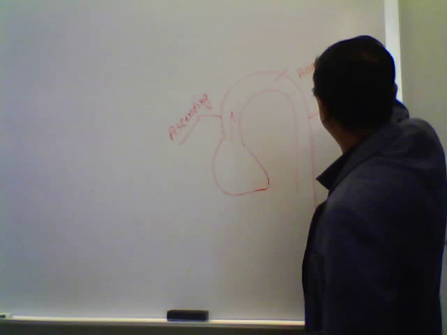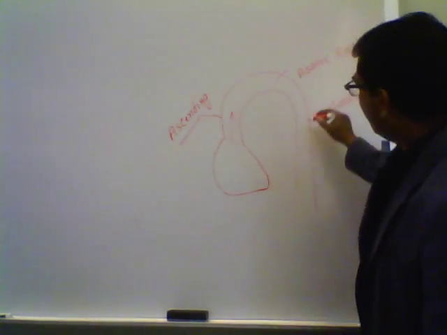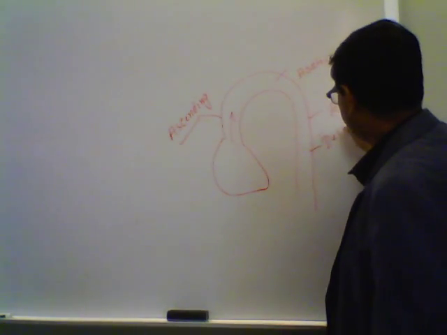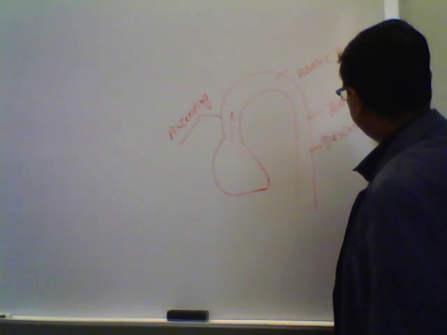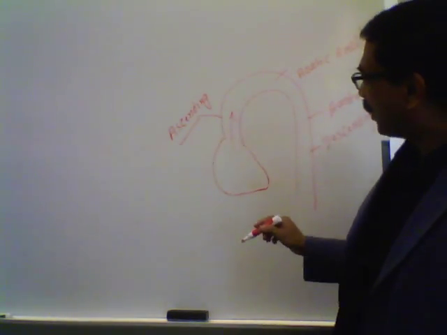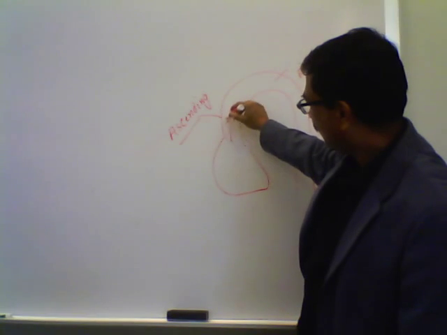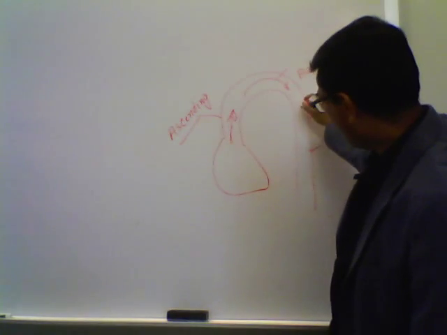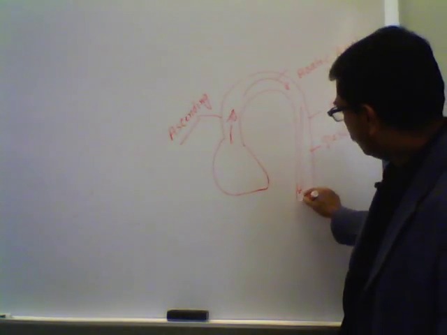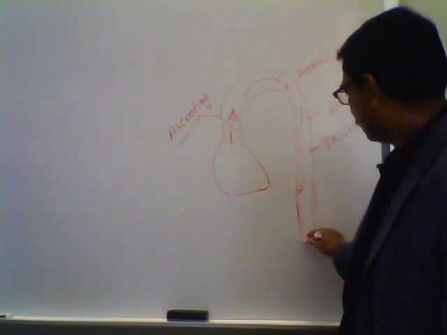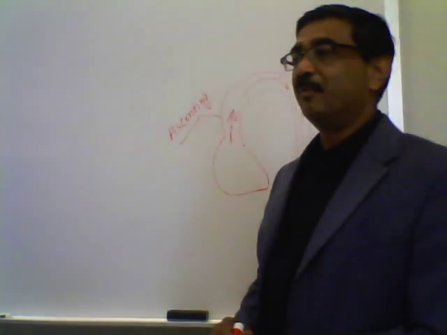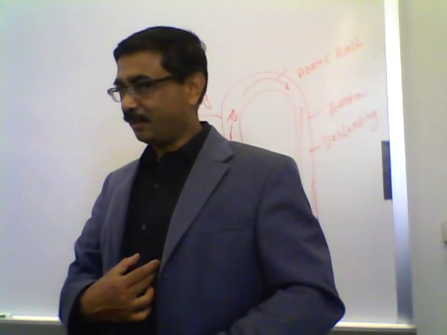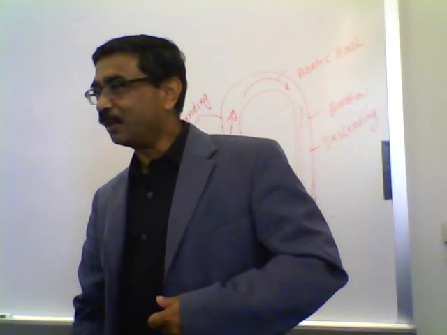It's like St. Louis arch, right? Then going downwards. So that is the descending. Okay. So those are three parts of aorta. What are the three parts? Ascending aorta, aortic arch, and this part is the descending aorta. Which one is very long? Descending aorta is very long because descending aorta first goes through the thoracic cavity, then goes to the abdominal cavity,